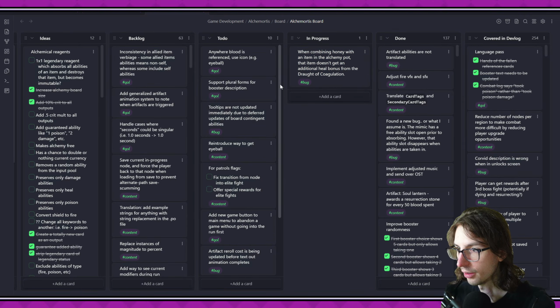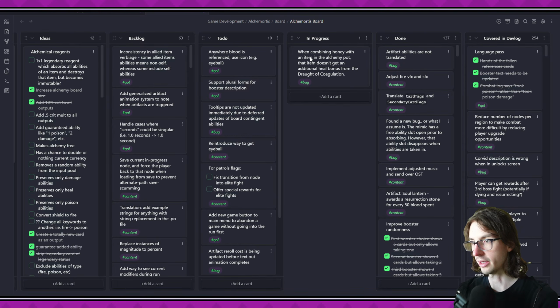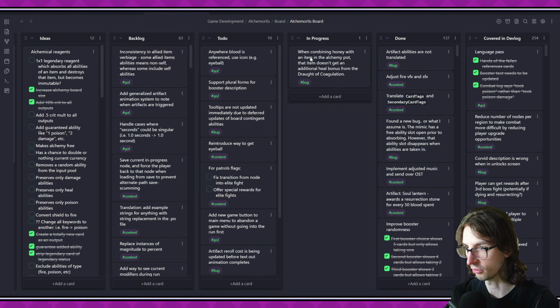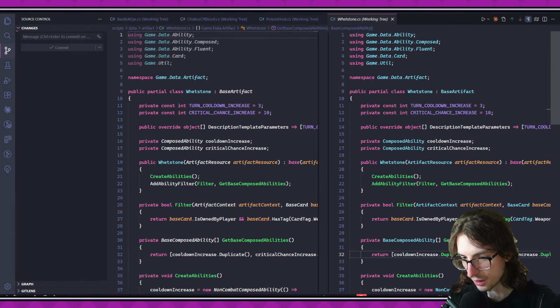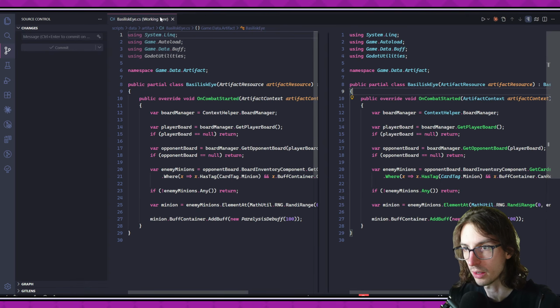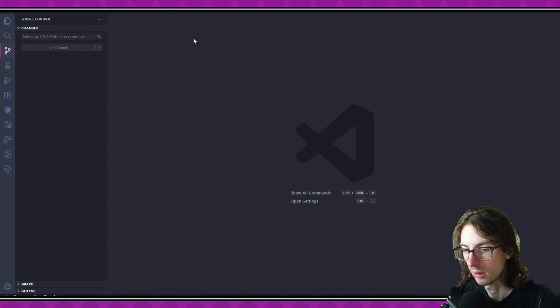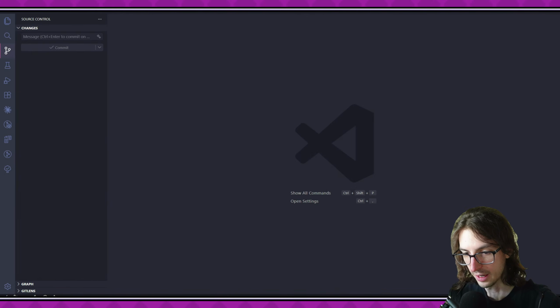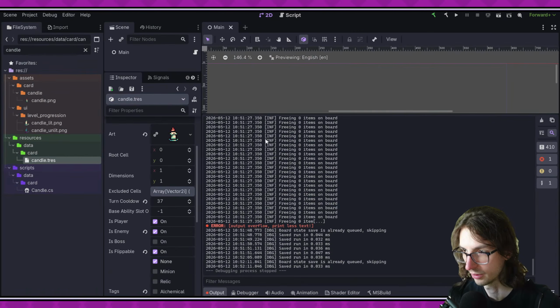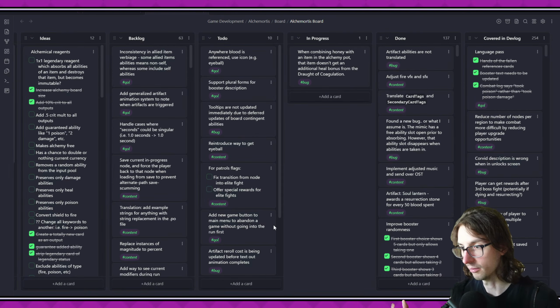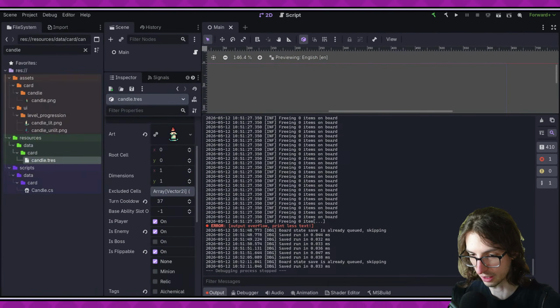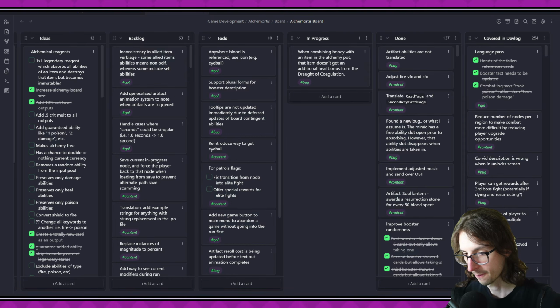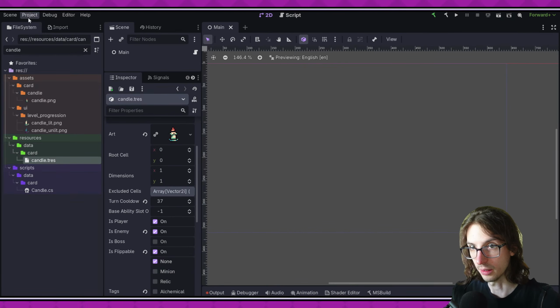Actually, there is this bug. So this bug says when combining honey with an item in the alchemy pot, that item doesn't get additional heal bonus from the draft of coagulation. I think that may be the same bug, but maybe not. Oh, wait, you know what? Maybe that's a different issue. So last night I was trying to fix this issue, and of course the way it goes is I was like, well, I could fix this issue by reworking all of these systems. And so I did that, and it turns out that all that work that I just did may not have actually fixed that issue, but that's okay because it did fix issues that I was having. So that's fine. But let's go ahead and